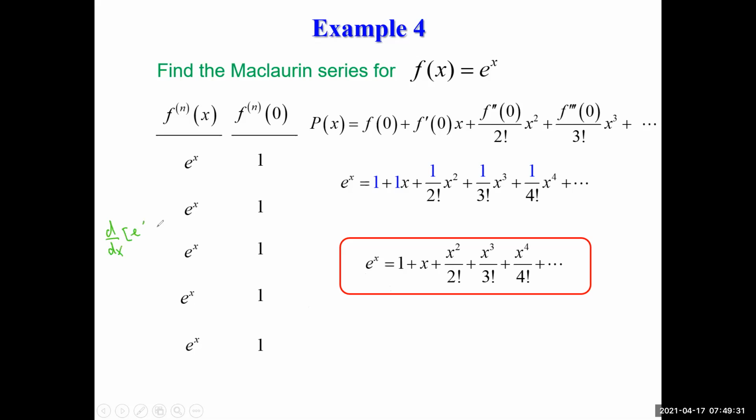E to the x. Okay, so this is the one we learned in Cal 1, right? So the question is, why is the derivative of e to the x itself, right? In Cal 1, we actually go back to the definition. We use some fancy techniques to somehow convince you the derivative of e to the x is itself, but still it's a very complicated